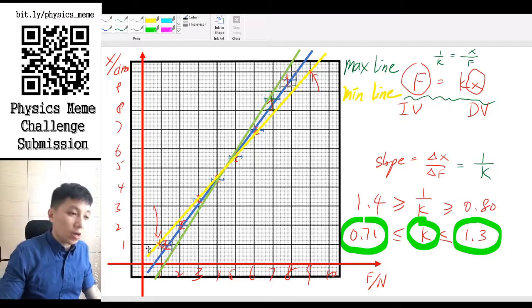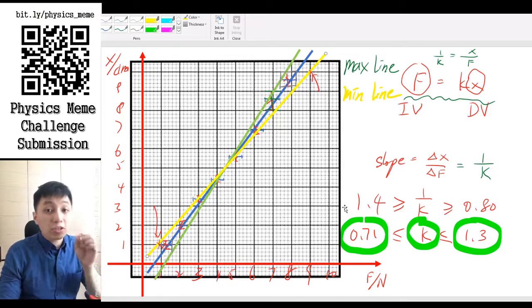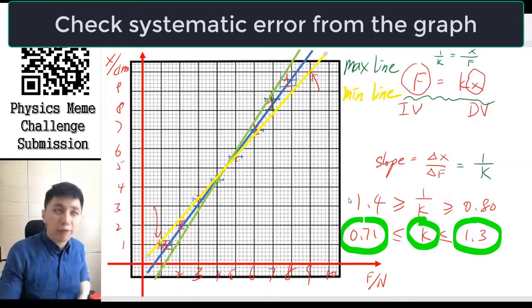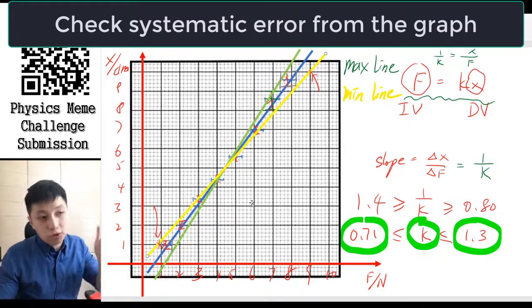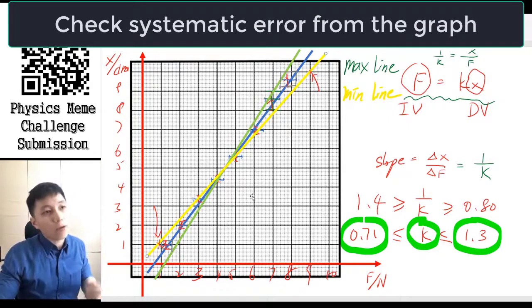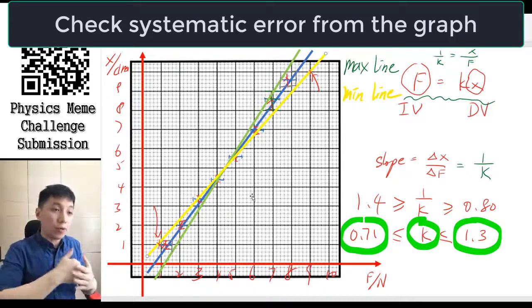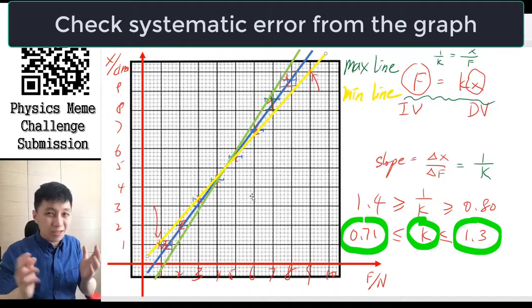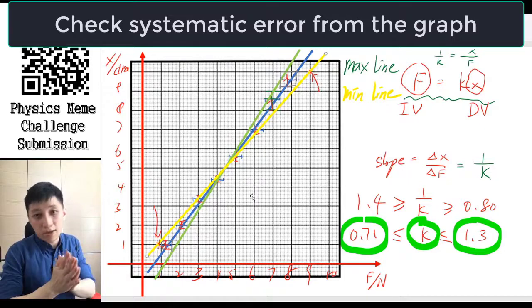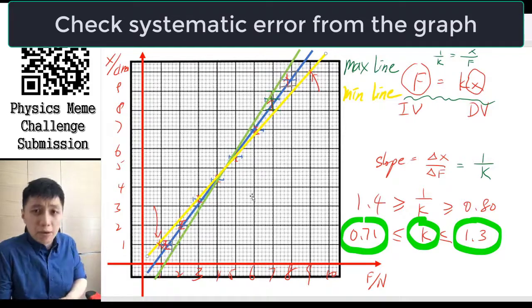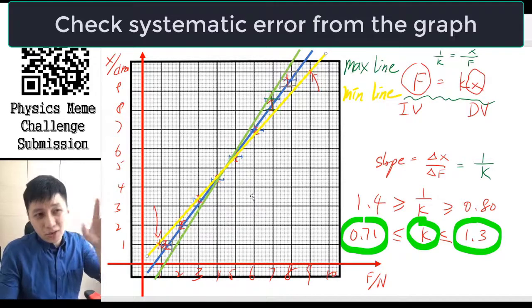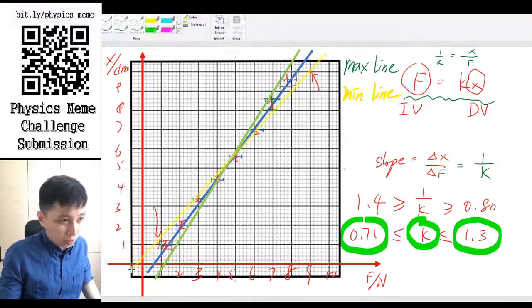The first thing is when we try to extend the line, there's one more thing you can check is whether or not your experiment has systematic error. Okay, so if you recall what we learned earlier, we have two kinds of errors. The one is random error, which can be shown by the error bars now on our graph, and whether or not our line is covering all the error bars or not. Because if you don't, that means maybe your random uncertainty or random error is underestimated or something goes wrong with that. However, for systematic error, what you can see is by using this approach and also extend your line slightly longer, of course without changing its slope,